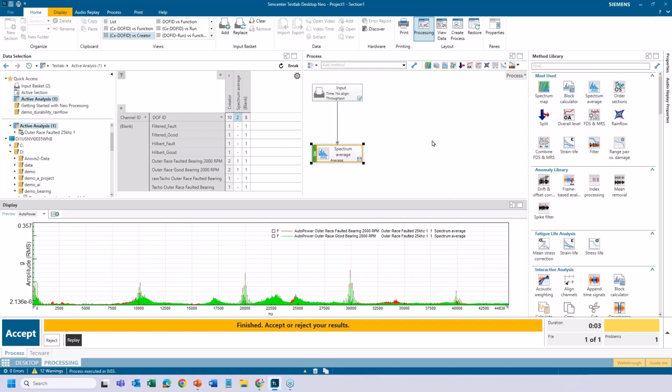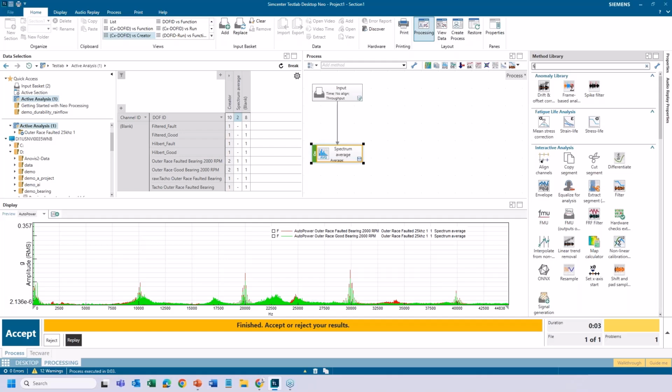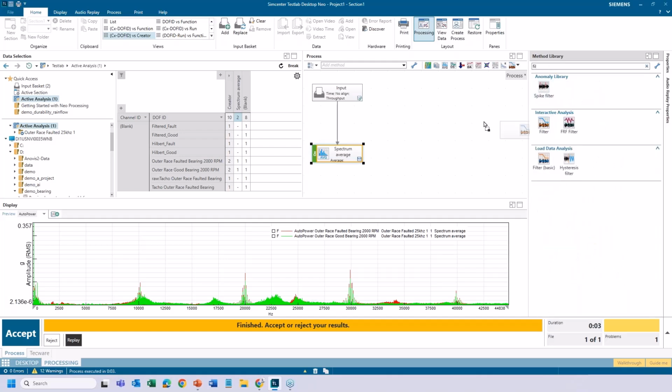Here I'm giving it away, but let's actually do that here. How would we apply a filter here in TestLab Neo? You'd have to add the filter method. Yeah, so you might type in filter here. You can grab it. And notice if I drop it in this line before I get the spectrum, it's going to first apply a filter and then we can calculate an FFT.